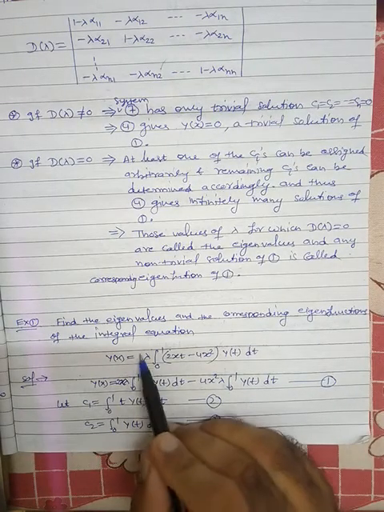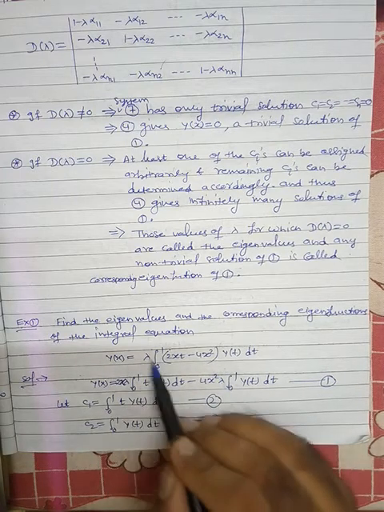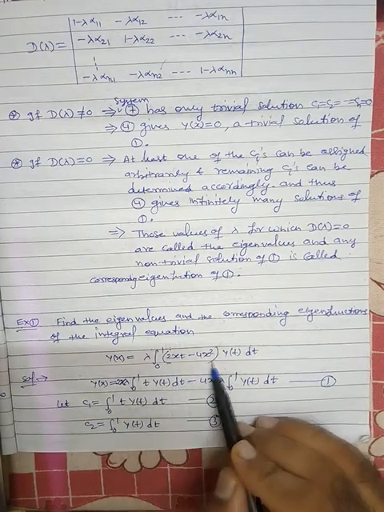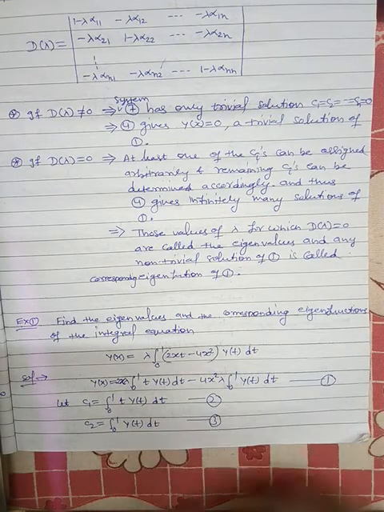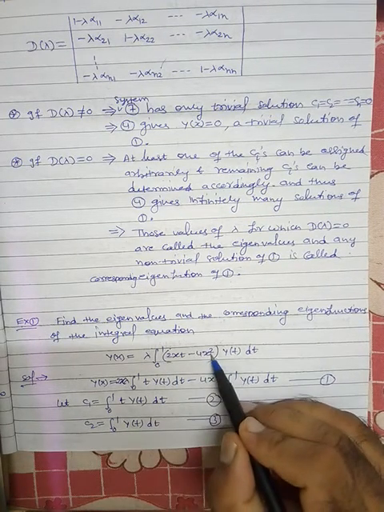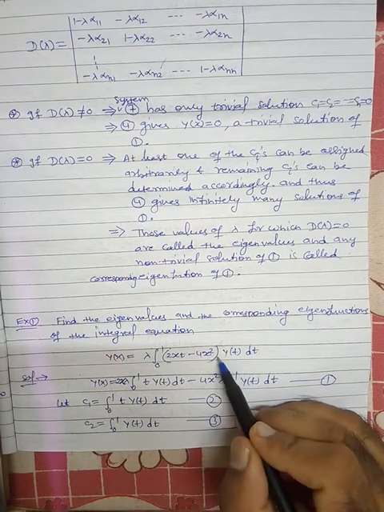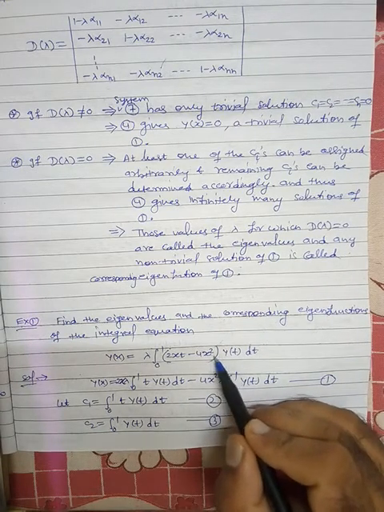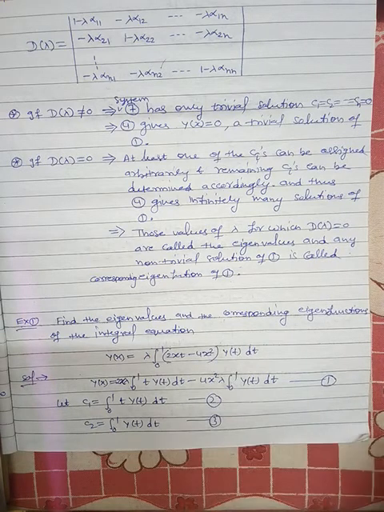So this is homogeneous because there is no f of x here. So this is y(x) equal to lambda times the integral with kernel K(x,t). You can see that this is a separable function of x, and this is a separable function of t: 2xt minus 4x square. There is no t term, so the t function is basically 1. x square into 1, so the function of t is basically a constant function.